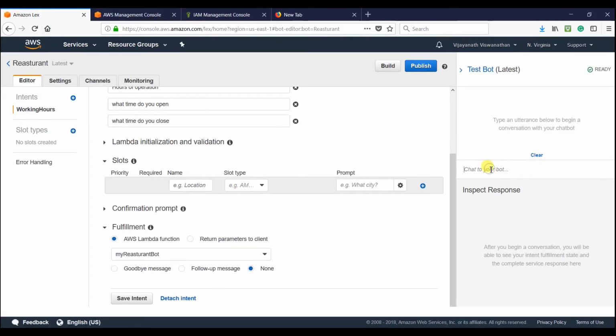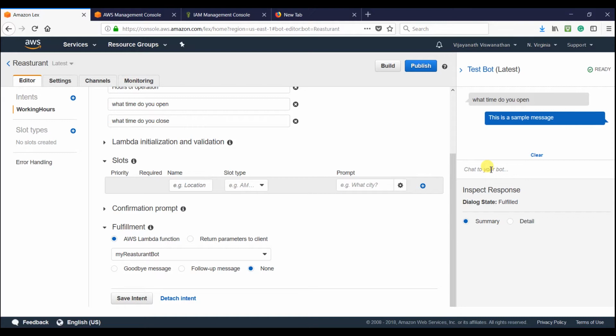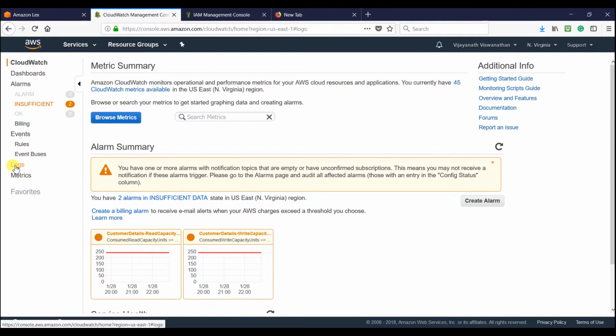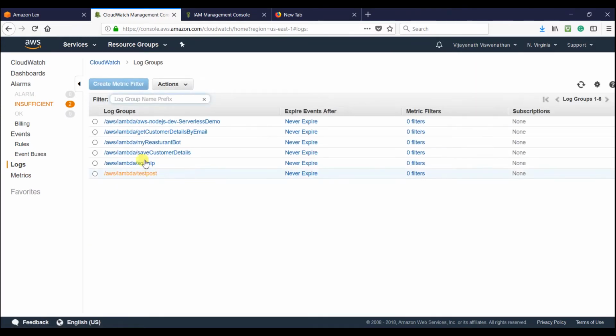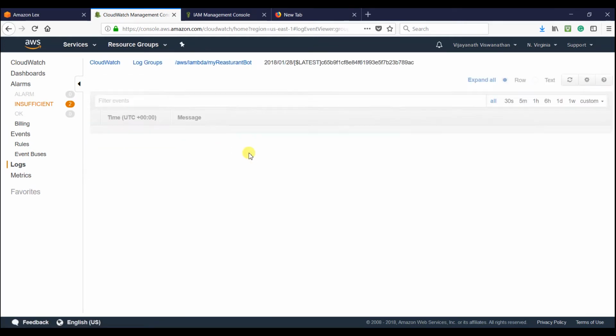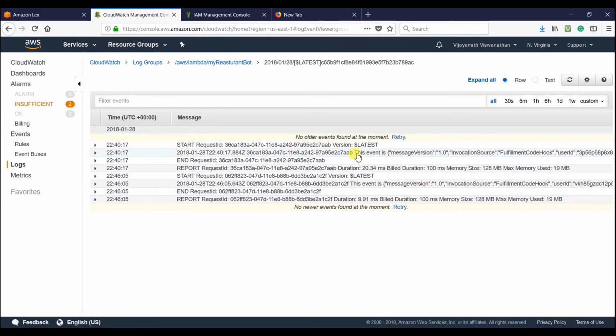and let us try the sample utterances we have given. Say, what time do you open? Okay, now we got the sample message we have configured with the Lambda function, and now we should be able to see the log written in CloudWatch. Okay, let us go and see that now. So click on CloudWatch and click on logs and click this one, my restaurant board. We should be able to see the latest log there,